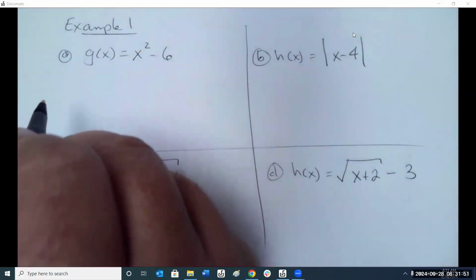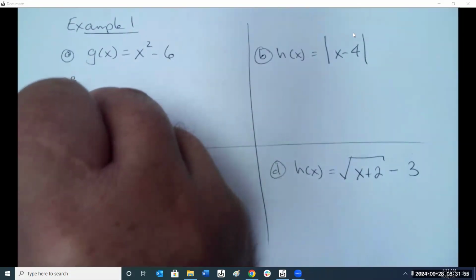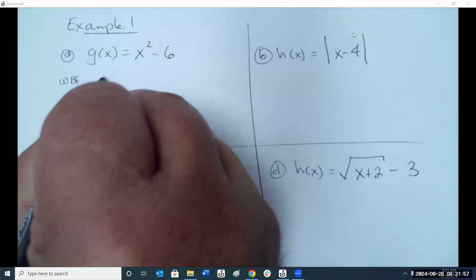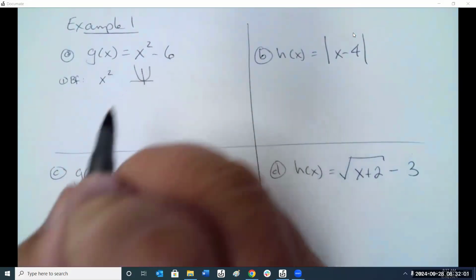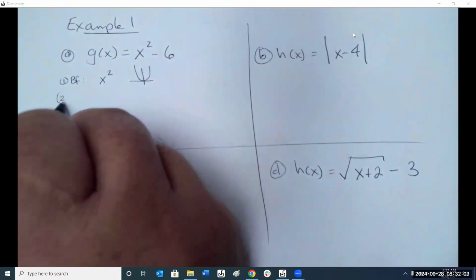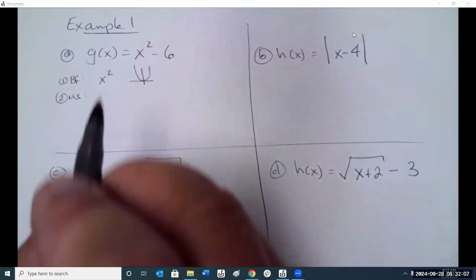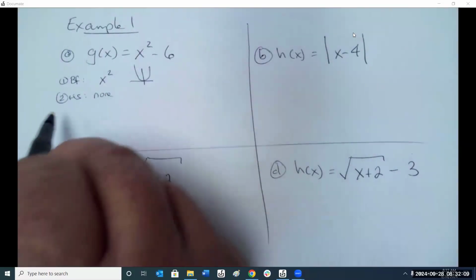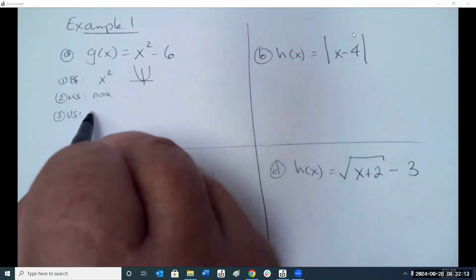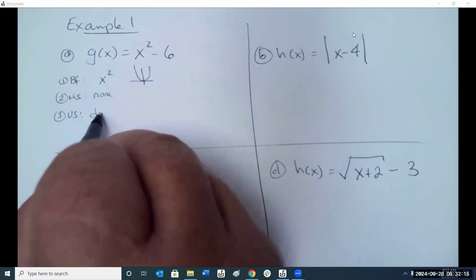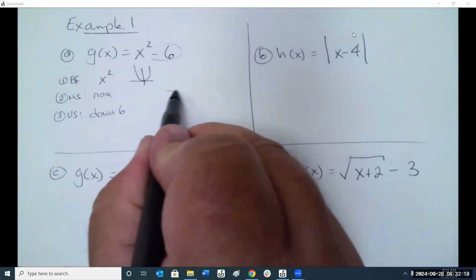Okay, the first one. What's the basic function? What does that look like? Very good. Parabola. Is there a horizontal shift? No. No. Is there a vertical shift? Where? Very good. -6. So the graph